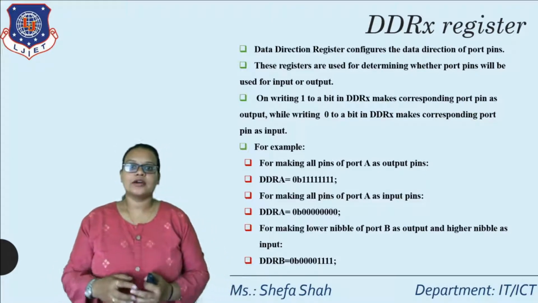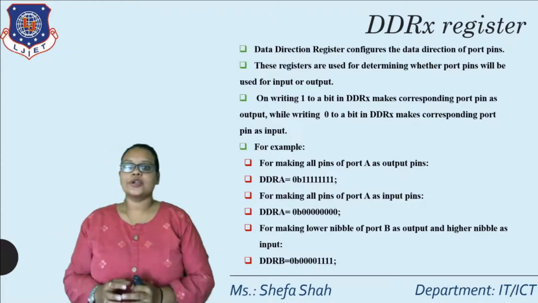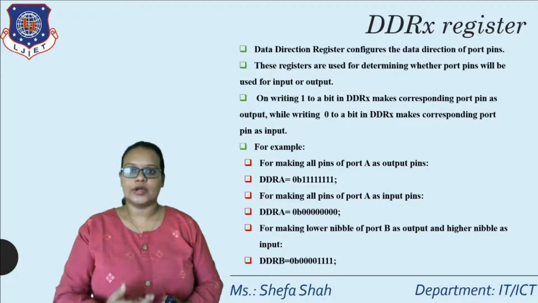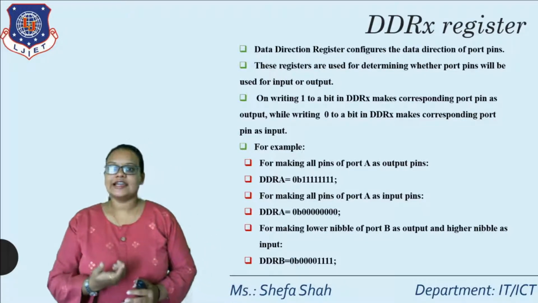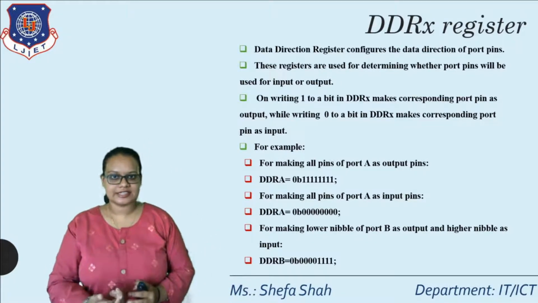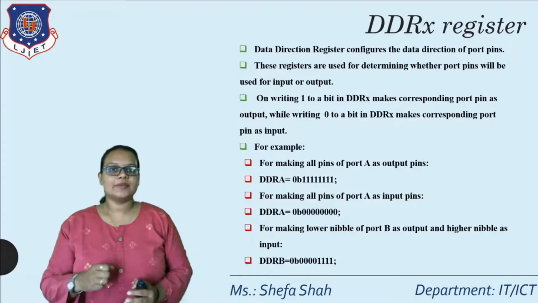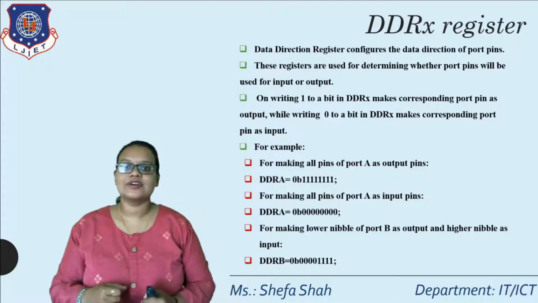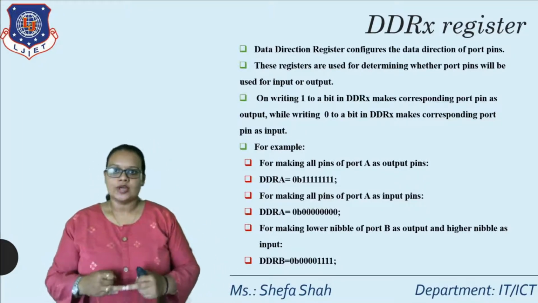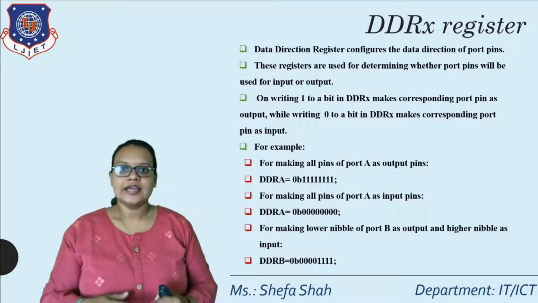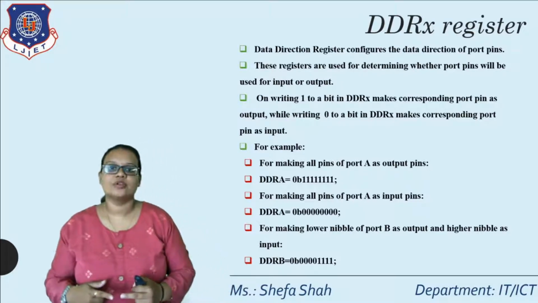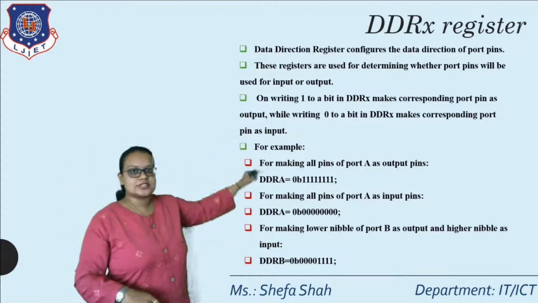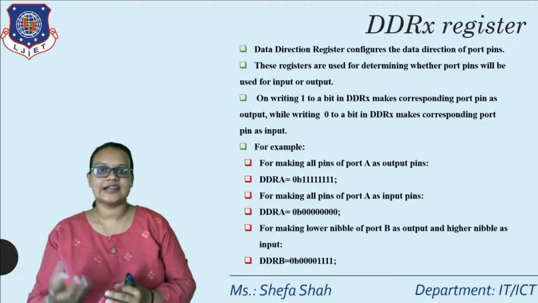Similarly, when we want to make any port an output port, what we do is we convert all the 8 bits of DDRX into 1, right? So if all are ones, then the data in that DDR register will be FF in hexadecimal. So the port will now be working as an output port. So an output device can be connected with that particular port, right? And the port function will be enabled and the pin function of that particular port will be disabled at that time. Right? Now, with respect to this register, we have talked about the whole register, that is of 8 bits.